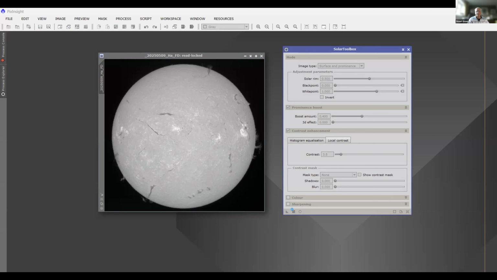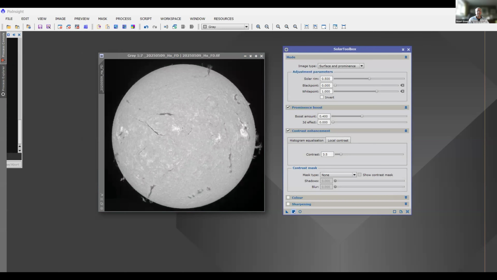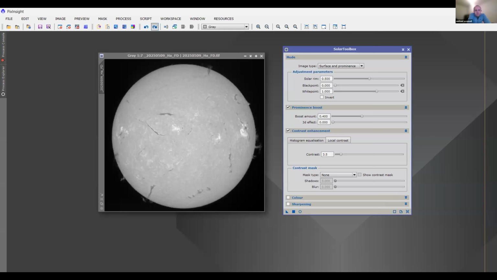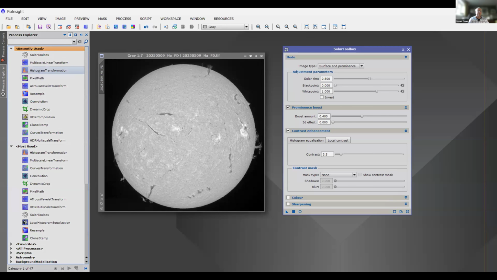And there we go. So without and with, so you can see the tremendous difference that it makes. And again, it's just a case of playing around with those parameters in order to get something that you like. Now that might look a little bit bright, but I'm happy that I've got everything I need out of that image. I can then just go into histogram